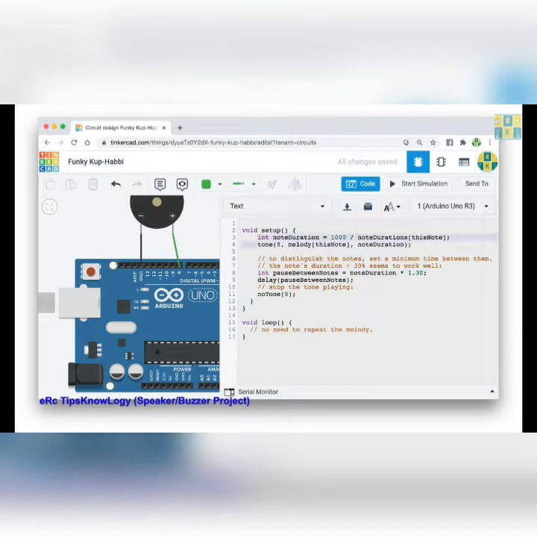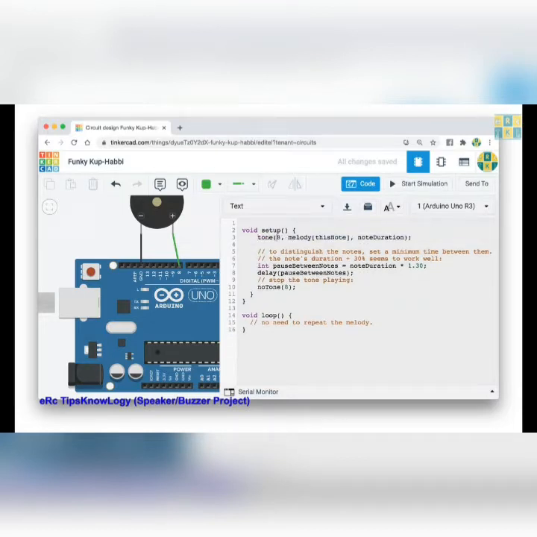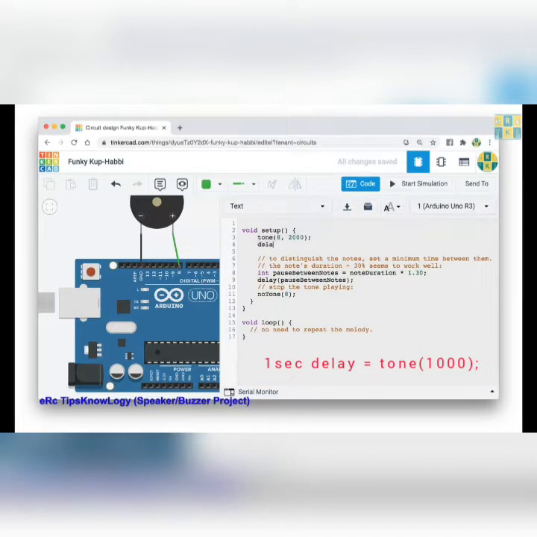So I'll show you how easy it is. I'll just use tone 8 and then I'll put here some sound or frequency like 2000, and then I'll put here a delay, for example 1000, and then